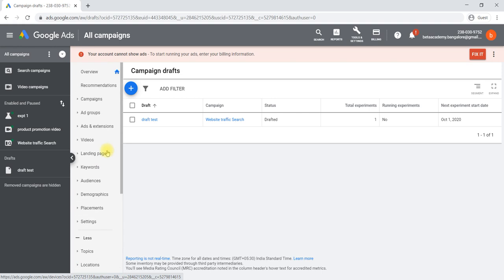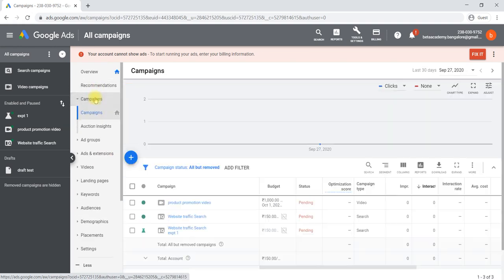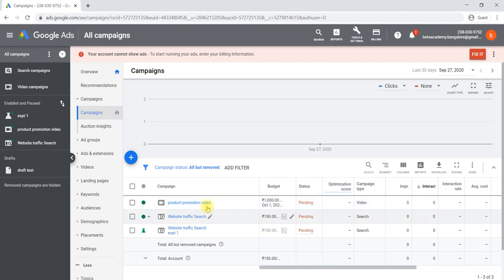Okay, now for example, if you would like to run any ads, for these ads to run properly, we need to update the billing details. Otherwise your ad will not be running, because whenever someone clicks on your ad it will be charged, and when it is charged you need to pay Google. In the sense you need to add a debit card or credit card, and from there it will get